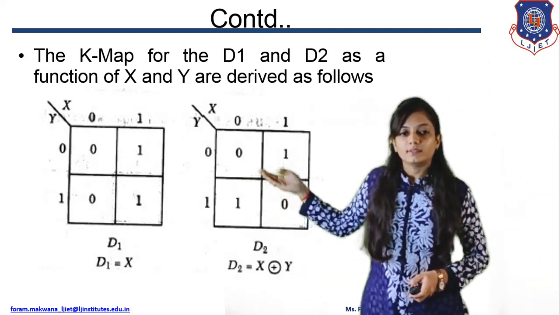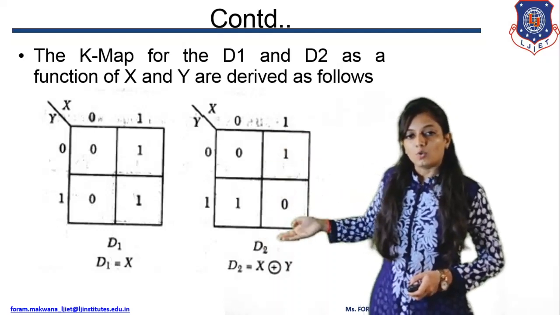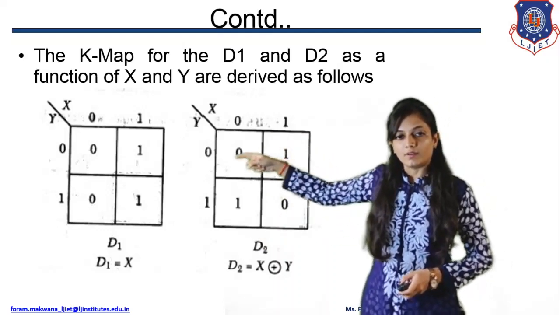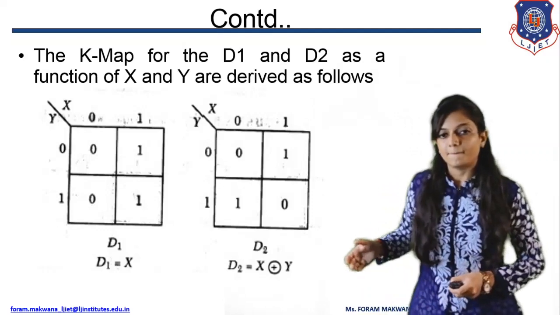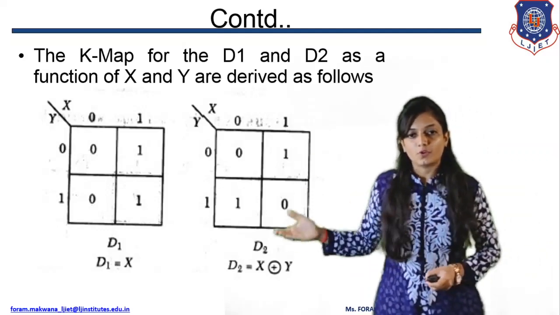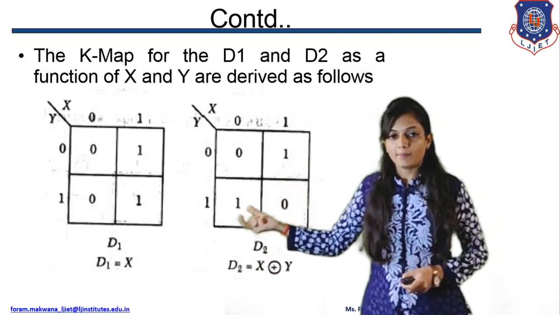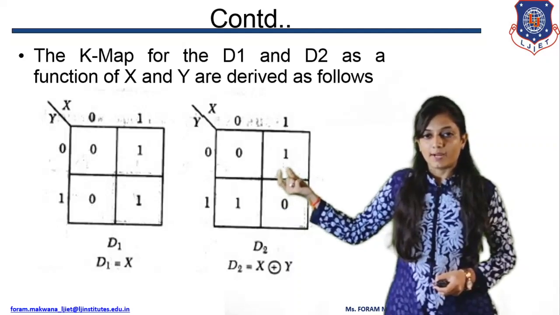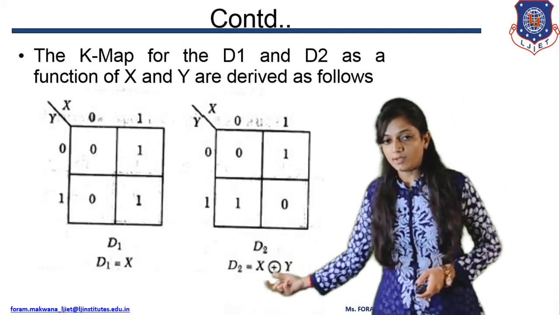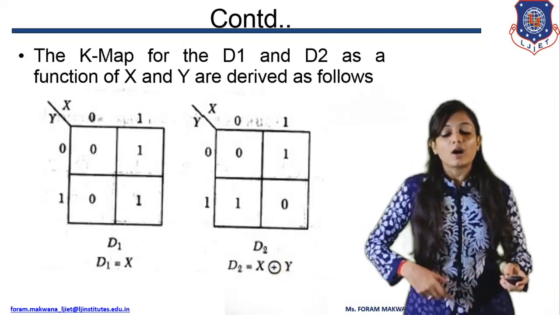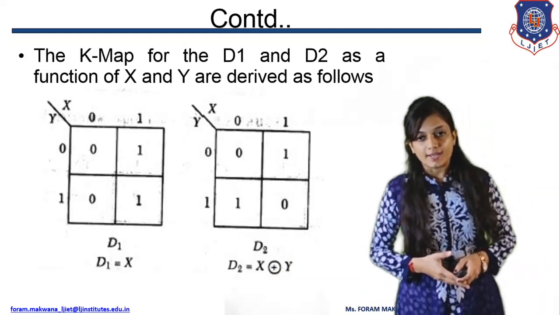For drawing the two-variable K-map for D1, it is a grouping of a vertical bundle, which represents X. We can't make a group in diagonal form. So for D2, it will be X' Y plus X Y', which ultimately is X XOR Y. So how do we design this logic circuit diagram?